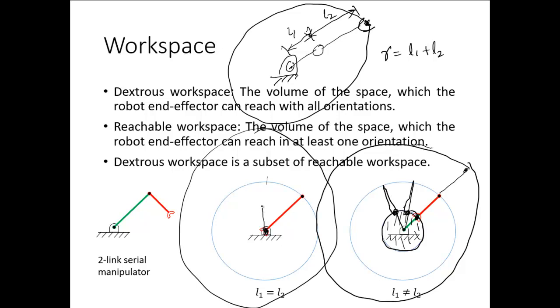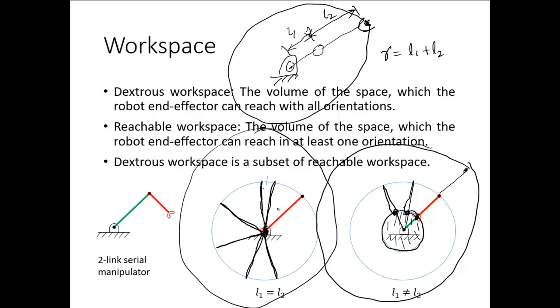So if you take this point now, both links again are at this point, so these two links again make the same angle. That means these two links can actually reach this point in different orientations of even link 1 and link 2, like this. Alright, so in this case this point therefore becomes the dexterous workspace.